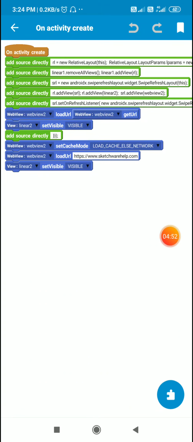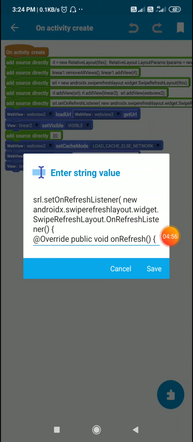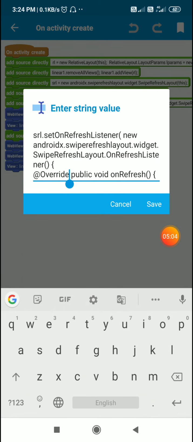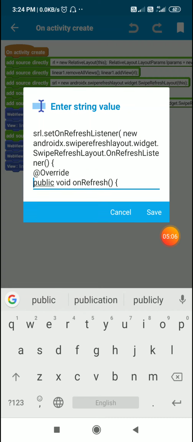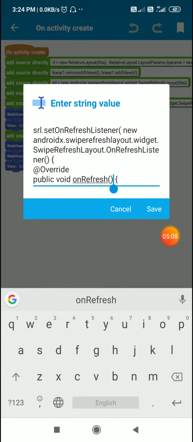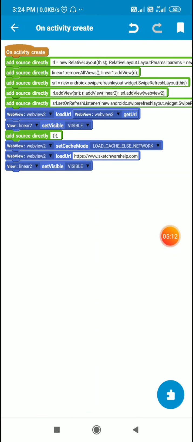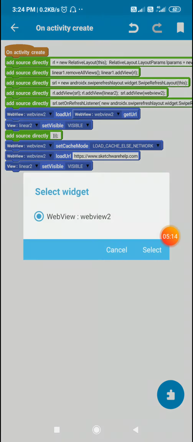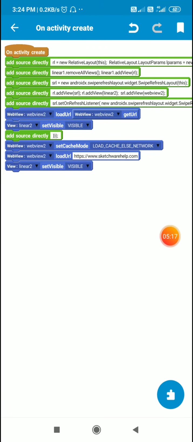Now after this I use the set on refresh listener for swipe refresh layout, and inside this there is this method at override public void on refresh. It has this on refresh method, and in this method in WebView2 I load the URL WebView2 get URL and I make linear2 visible.